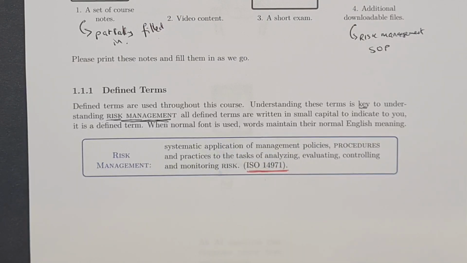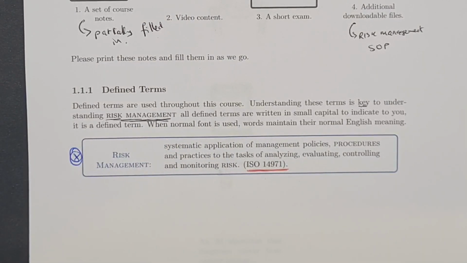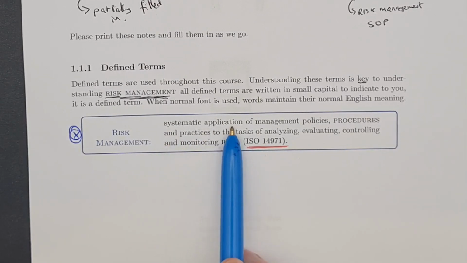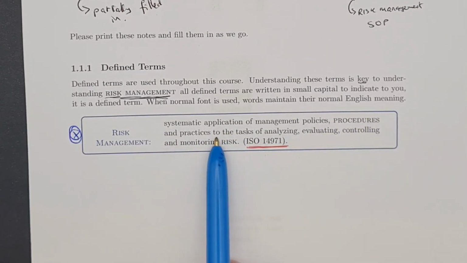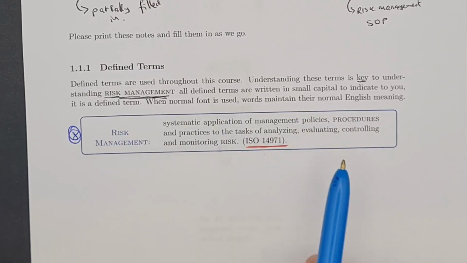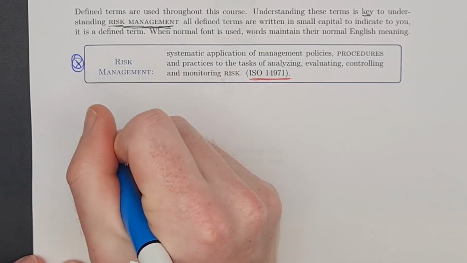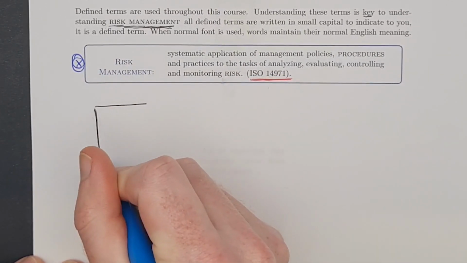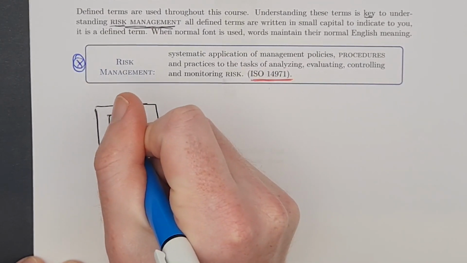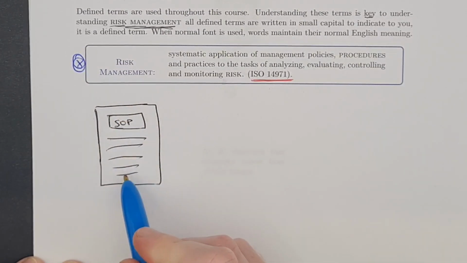So let's take another closer look at this definition here, risk management. There's a good bit going on in that definition. Risk management is defined as a systematic application of these procedures and practices. The best way to think of that is that you, as a company, as an organization, should first set out establishing a document that's going to be your risk management SOP. In that, you're going to outline the basically step-by-step procedure and processes that you carry out as an organization to